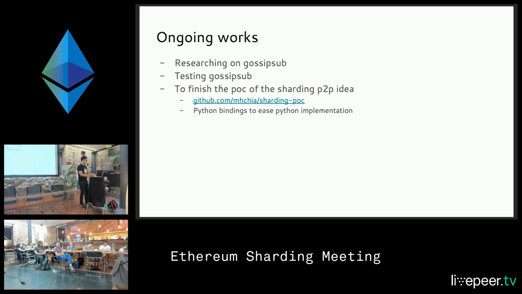And I will keep working on finishing the POC of the Sharding P2P idea we just mentioned. I have a preliminary version, but it is incomplete for now.